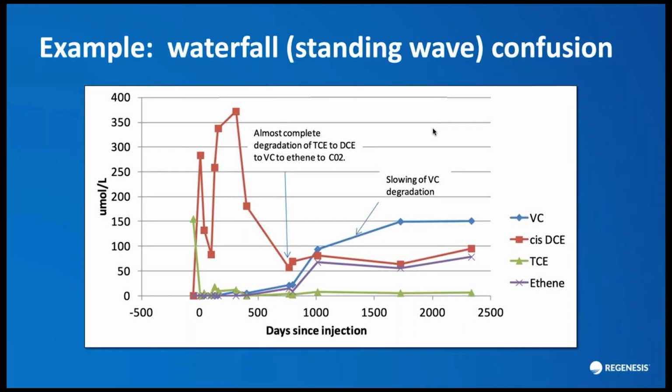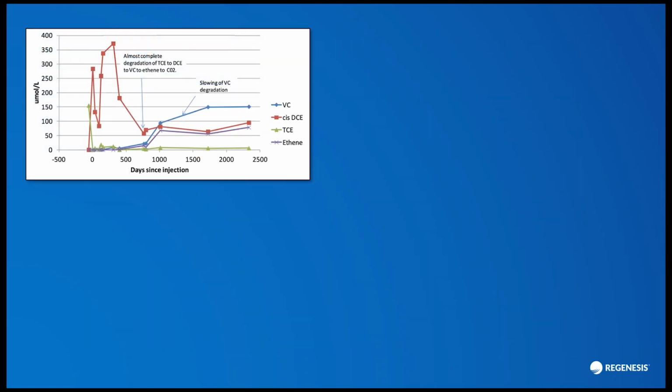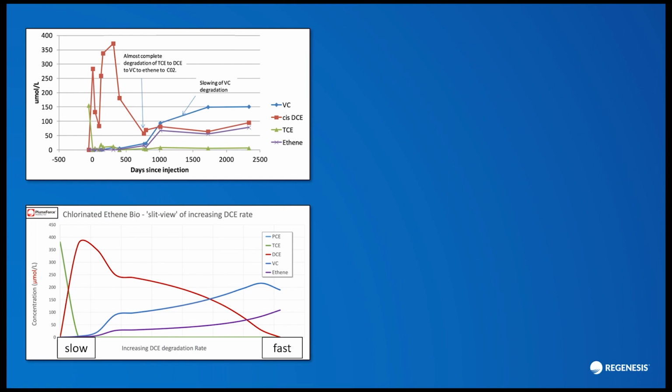So what would we have to change in the model inputs for the observed pattern to shift over time as it does in this particular monitoring well? Interestingly, we find that only one parameter has to change to very quickly get a similar pattern. And in this image, we can see a model-generated data set based on the calibrated model fit that we were looking at previously. But in this, what we're doing is changing one parameter, the DCE degradation rate,